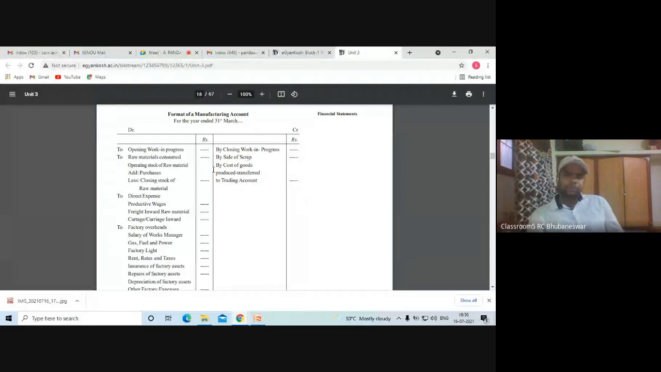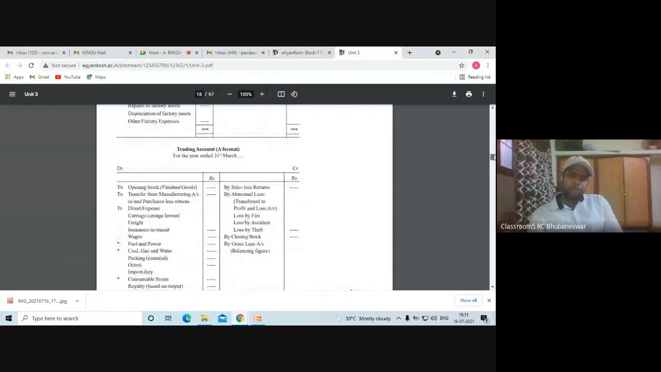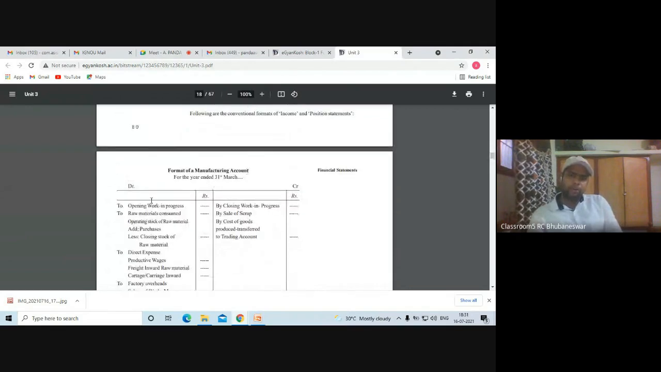Okay, and by cost of goods produced transferred to trading account, so this is the result. So this is the balancing figure. Always see in manufacturing account, the debit side will be greater than the credit side, and the credit side will be short, so the balance will appear here. Which one? Cost of goods produced or transferred to trading account. This is a balancing figure. Here it is not written, but you have to write this is the balancing figure. Next,